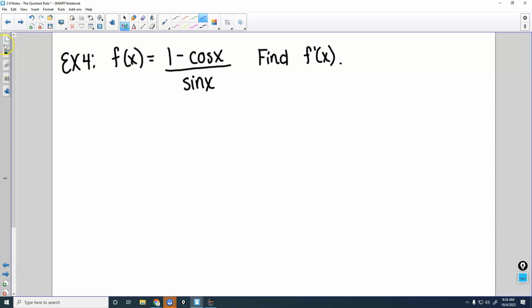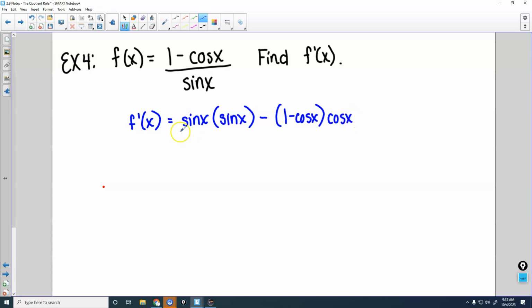All right. Now, our lives would not be complete if we didn't try one of these with some trig involved. So, okay. Low, D high. All right, what's the derivative of cosine? Negative sine. Negative sine, but we already have a negative in front of that cosine. So it's going to be a positive sine. Minus high times derivative of low. What's the derivative of sine? Cosine. All over